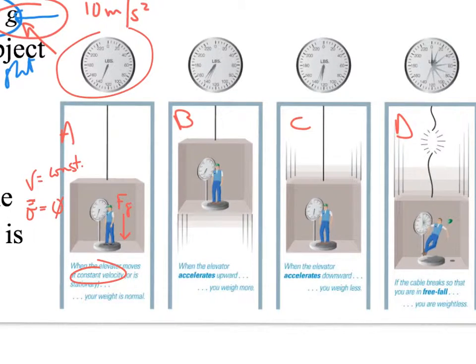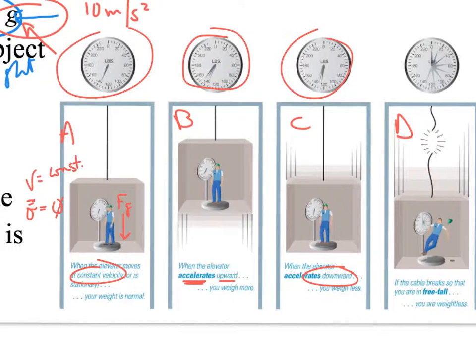Now notice that in scenario B, it's accelerating upward. So now we have actually an additional acceleration, and so notice his weight goes up. And in C, he is accelerating downward, and so here we have less acceleration, and so his weight goes down,